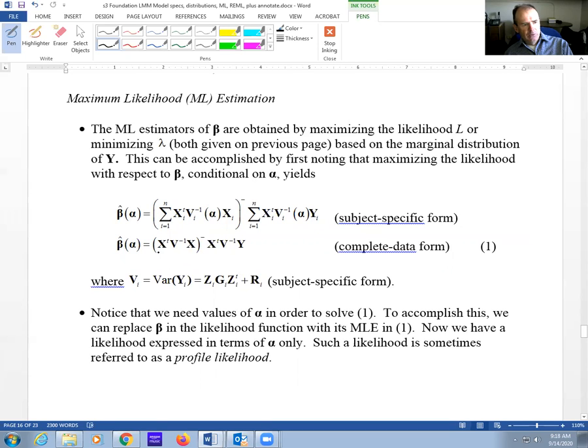And what we can do then is, what is that a function of? It's a function of your covariance parameters that show up through V. So if we plug this formula back into our likelihood, then we actually have a new likelihood that's re-expressed in terms of the covariance parameters, and we can maximize that. And that's usually what's actually done. So that different formulation is called a profile likelihood, and that's what we actually maximize.